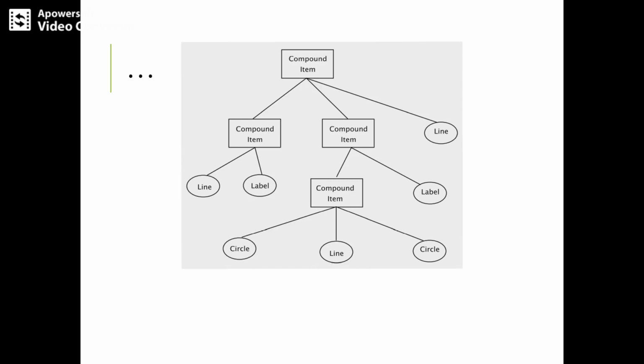So this is the intent of this composite pattern, which we have studied: compose the object into tree structure to represent part or whole hierarchies. Composite lets the client treat individual objects or compositions of objects uniformly. A compound item is clearly a composition of simple items, and since each compound item could itself consist of compound items, we have the requisite tree structure that we can see in this diagrammatical representation.